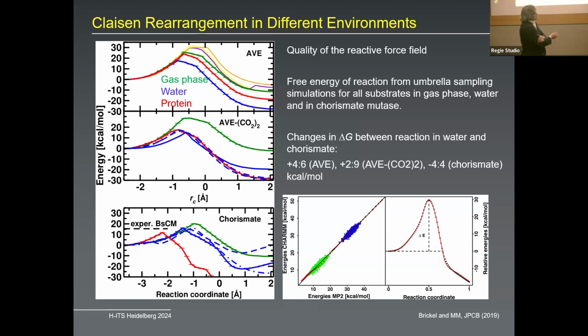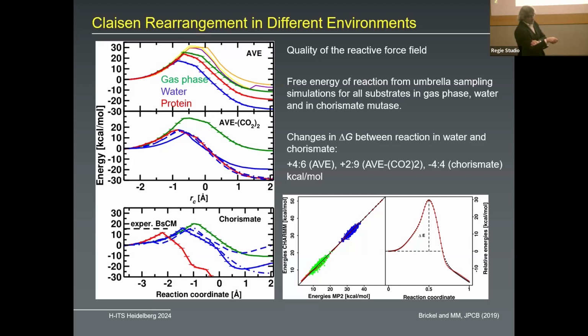And we can even put this chorismate into its native protein and check what the barrier height is. So this is from simulations, the red line. The experiment is a bit higher. So it's still a force field, and so one probably needs to readjust it a little bit. But what I found quite interesting is to see how the delta G in water and chorismate start to change. So here you see the catalytic effect of the protein, because for the two other substrates, the delta G is unfavorable, whereas for